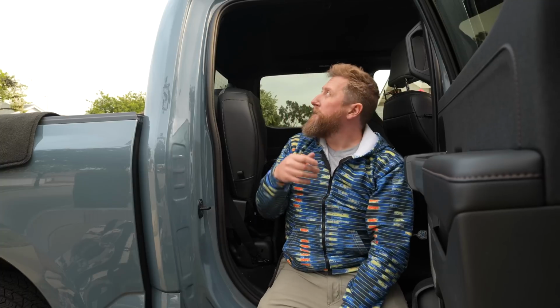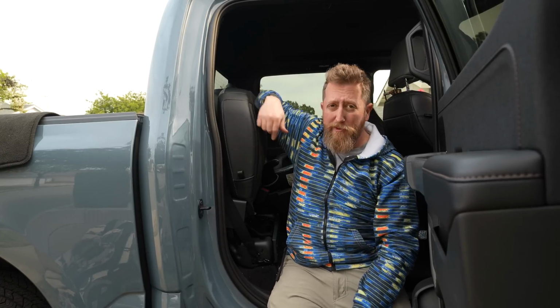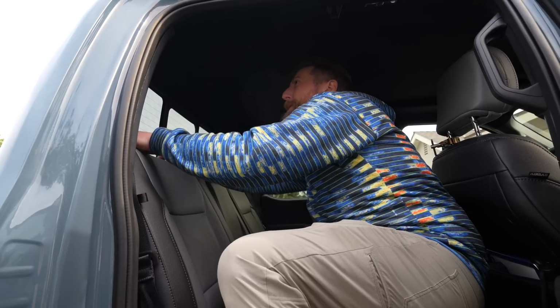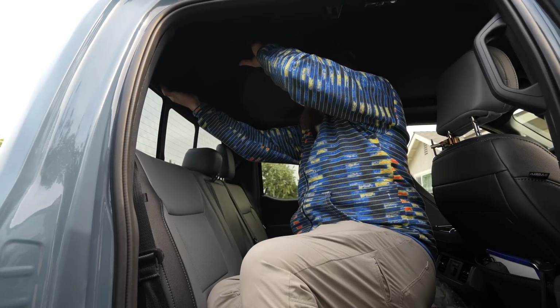Now we've got to figure out how to run the coax from about that midpoint along the C-panel and then down. The good news here is that you don't really have to take the headliner unit and fully drop it. You just need to be able to get your hand up under it so that you can pull the cable through and then fish it around and down and take up the slack. This is possibly not for the faint of heart, but there should be some